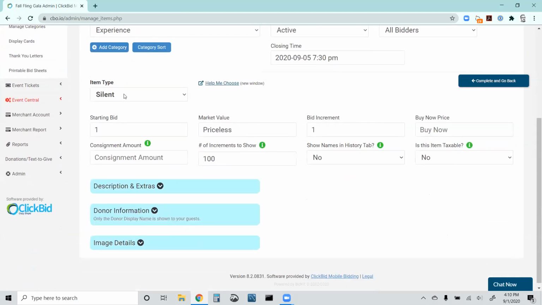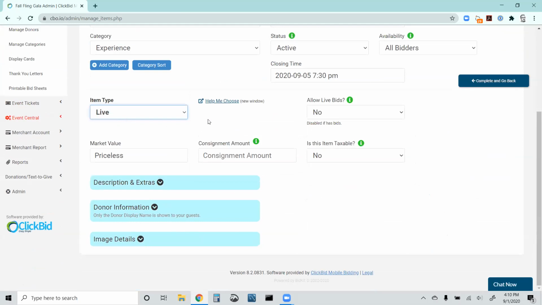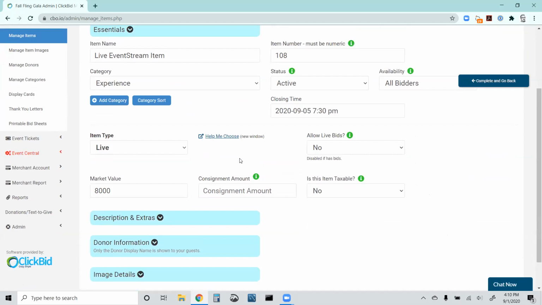And then you come down here to silent or item type, change that to live, and market value. Let's say this item is worth, you know, $8,000. It's a trip. And I have here, this is a standard live auction item. So basically what this means is that when somebody bids on this at an in-person event, they have to raise their paddle, the auctioneer calls the number, we write the number down with a spot, somebody's a spotter, and they spot all the paddles going up and they write it down, and then they get the winning bid,